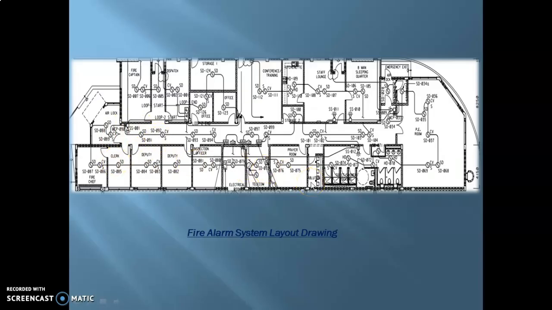So yeah, this is basically your general system layout drawing. This is not exactly how it will look, but this should give you a clear idea of what it's supposed to include, and what all details you can provide in this one. Of course, they've not mentioned the dimensions or the distances from the wall and between the detectors in this one, but it's always a good idea to include those in the design as well.